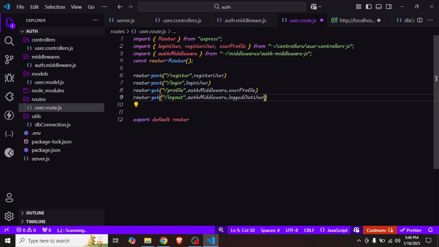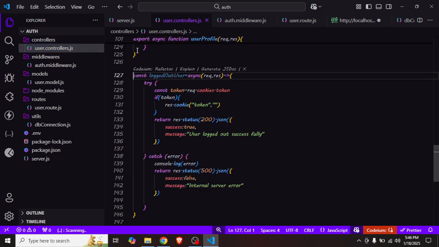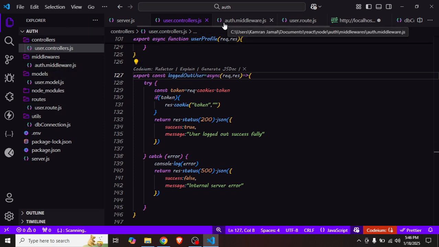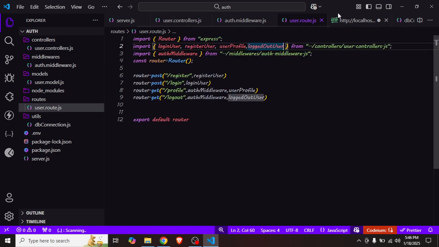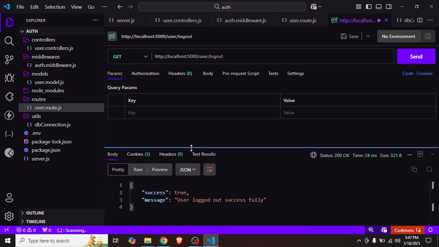Now let's check. Logout user. Why is it still not working? Now let's check whether I am exporting it or not. So here I'll have to export it. Okay, now I think it is good. Now let's go to the user route. Yes. Let's go to logout. Let's check. I got the status: user logged out successfully,